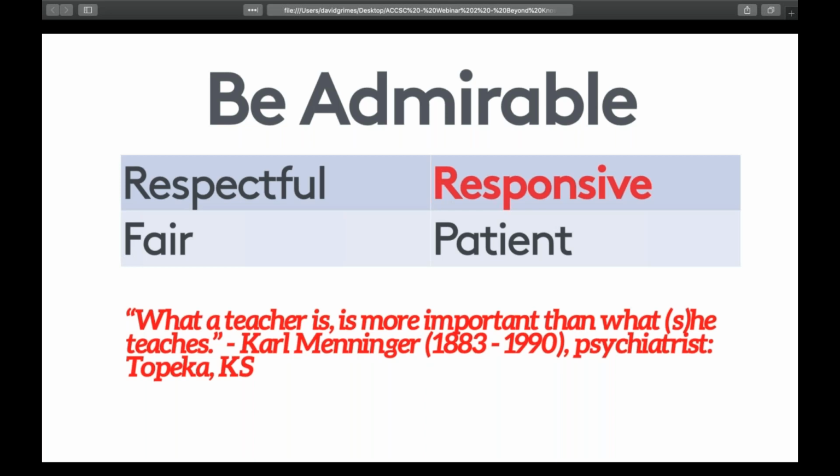Now, what I try to do is set up a routine where I can take a look at my email for students at night and in the morning, and then I can kind of see things trickle through the day. But if anything seems important, I'll make sure to fit time in during a coffee break or at lunch or something and reply back to a student, because I know when they are at home, especially an online student, they're going to be stuck until I get back to them, possibly. So I don't want them to miss the assignment. I don't want them to be frustrated, because the longer they wait, the more frustrated they're going to get. So try to be responsive in that manner.